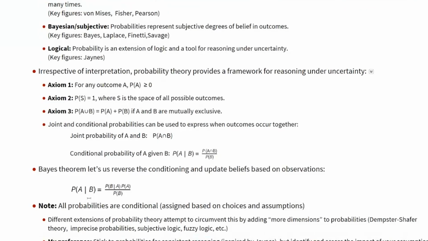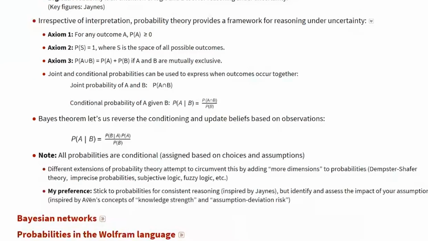I like to point out that in fact all probabilities are conditional, because anyone can give a probability value, but what is it really based on? It could be informed by years of data or a random guess by some intern. There exist several extensions of probability theory to try to incorporate additional dimensions of uncertainty, but in my mind, these eventually end up with a similar problem to the one they try to resolve. So my preference is therefore to stick to the usual probabilities, but to keep track of my assumptions and evaluate their effects.